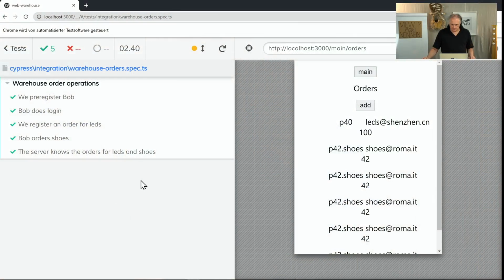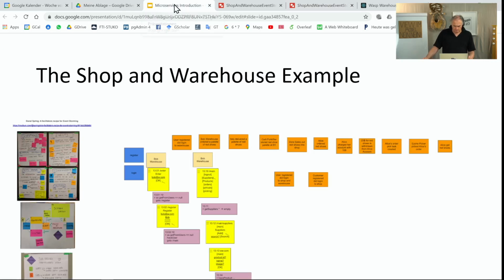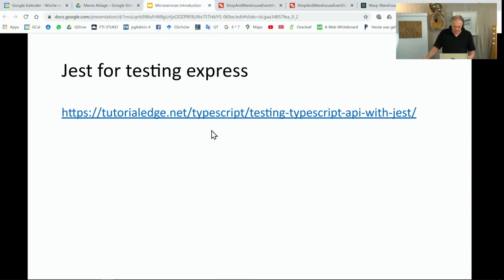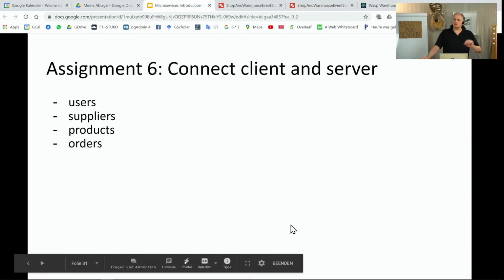So cool. Thank you for staying with me, and there is a homework to be done. And that one is assignment number 6. Connect client and server and do all the things that we do for users, suppliers, products, and